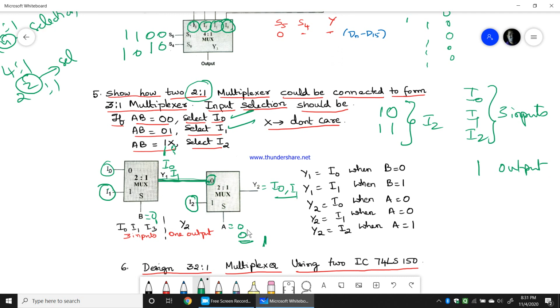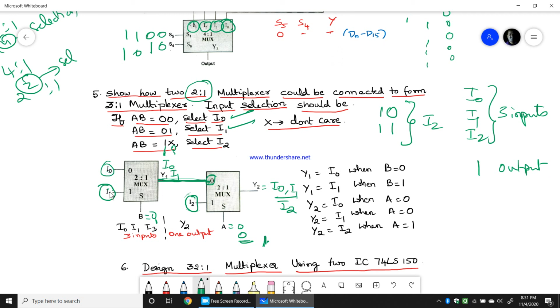Therefore, for A equals 1, irrespective of the value of the B selection inputs, let it give you anything for the first input. For A equals 1, the second input of this IC is selected. Therefore, I2 will come out. Irrespective of the value of B, as A equals 1, I2 is selected. Therefore, I2 will be the output given to Y.